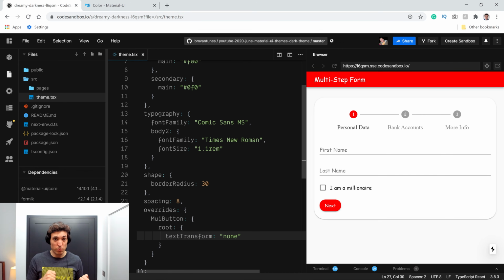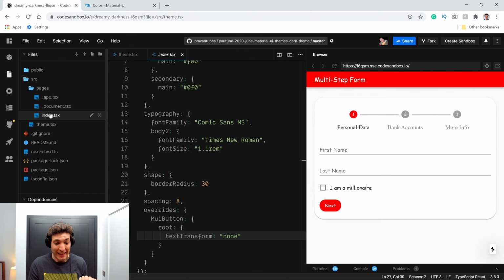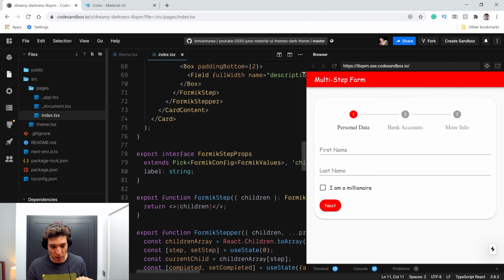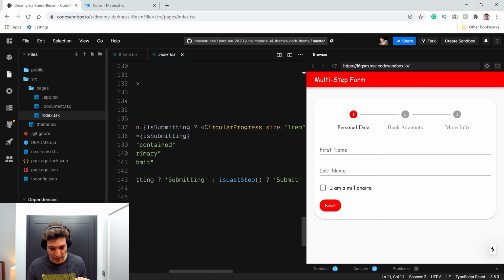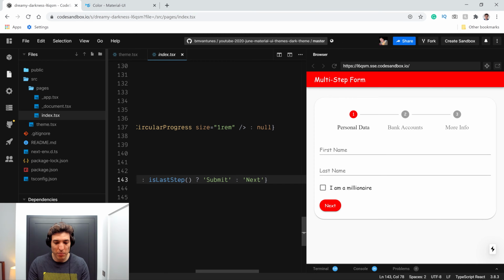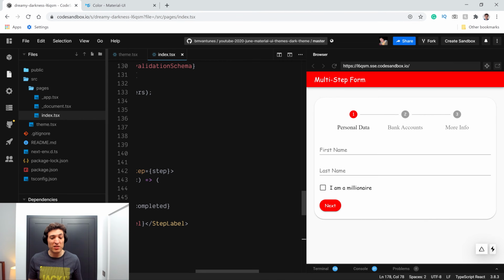Whatever you put is whatever we are using. We can even go to our component where we have that next value. So if I scroll to the bottom, I think our next value is somewhere here at the bottom. We can even say, for example, the X in capitalized way. So now you will see that the next in the button is also capitalized.